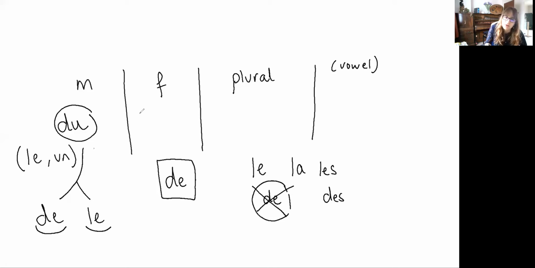Right, then moving on to the feminine. Here again, you are going to use the main word to say it's the part of a whole. So you write de here, and then you're going to use the article for the feminine singular. So you add this all together, and that makes you de la. Okay, so du for masculine, de la for feminine.